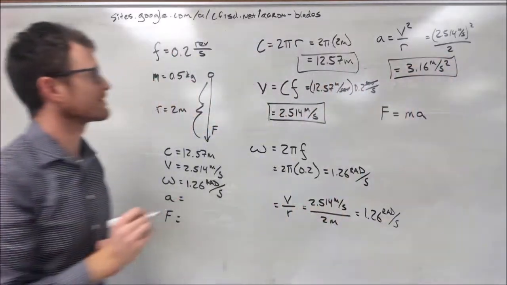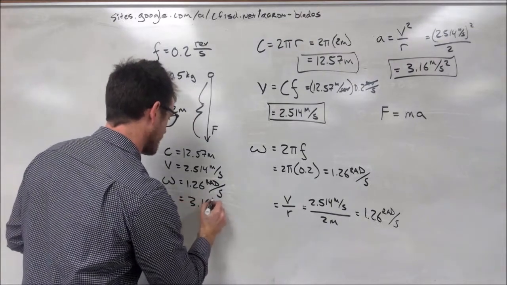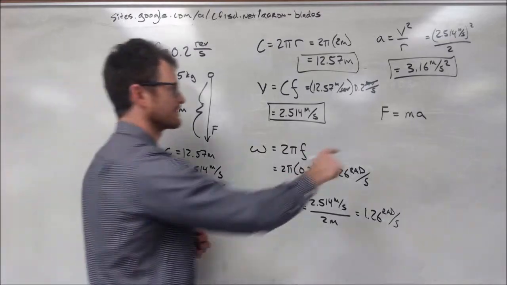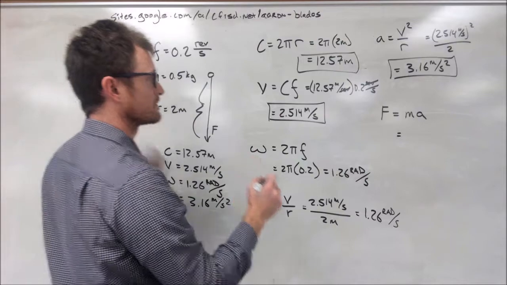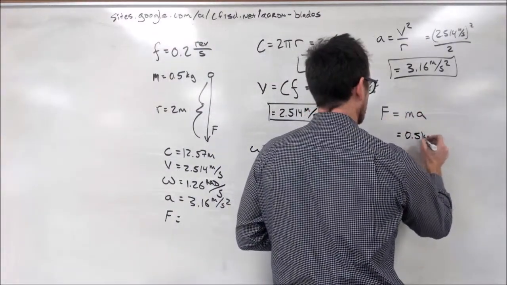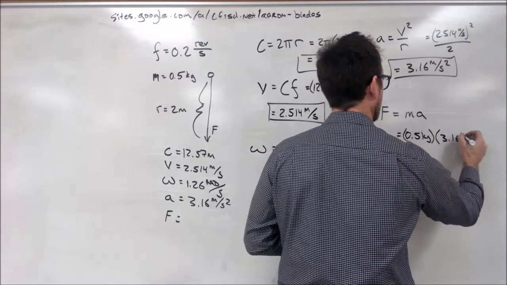And lastly, one of our most used equations, F equals ma. Force equals mass times acceleration. Now, it feels new, but we can use the acceleration we just calculated the same way we would use any other acceleration. So we have our mass of 0.5 kilograms, our acceleration of 3.16 meters per second squared, and we punch that out and get it